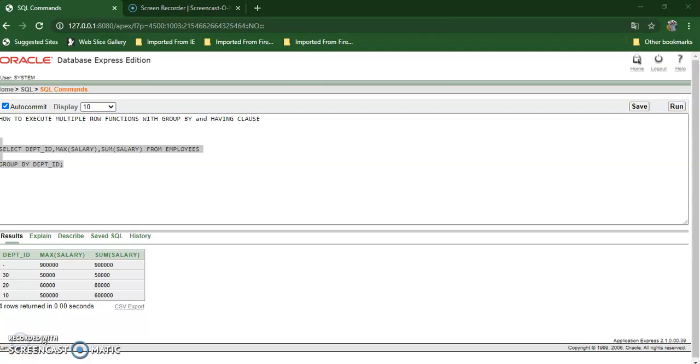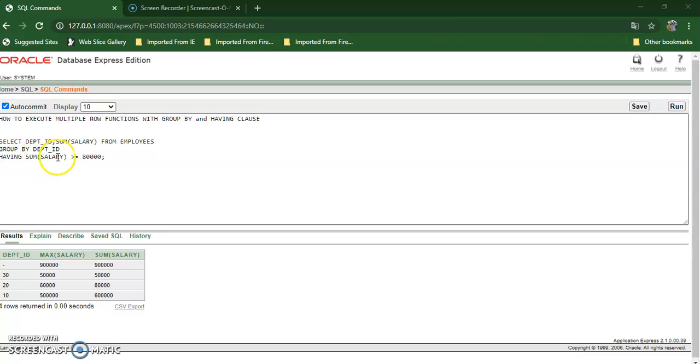rule. Now, whatever result we are getting for this particular statement, I want to restrict the result based on some condition. So I have to write the query like: select department ID, sum of salary from employees, group by department ID, but you can see there is one more clause, that is nothing but the having clause.